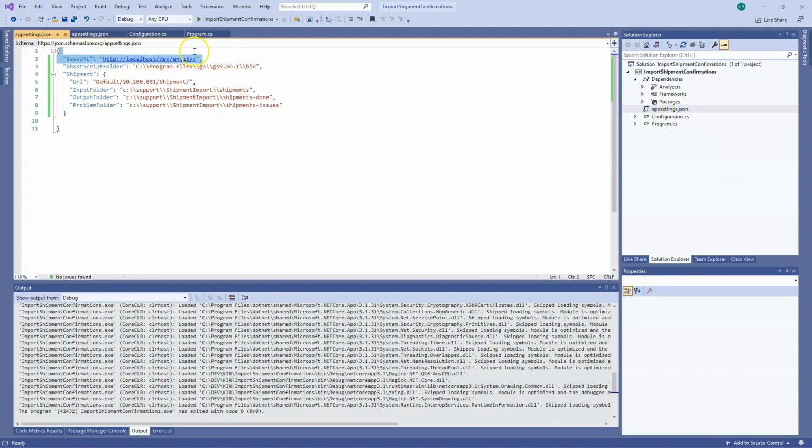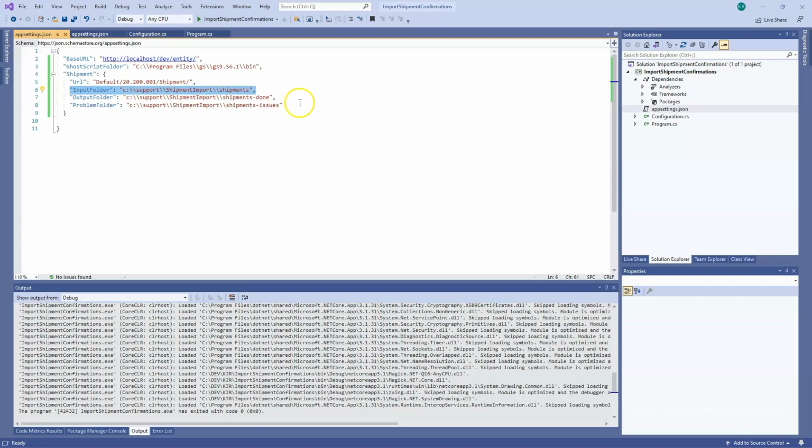So we have the base URL, which is the base URL of the web service. So you don't want to go through the full endpoint and stuff like that, because the login and logout use that. So the GhostScript folder is where GhostScript is installed, because it needs that. And then for shipments, I have the default web service endpoint with that version, and then the shipment. And then you can see I have an input folder,